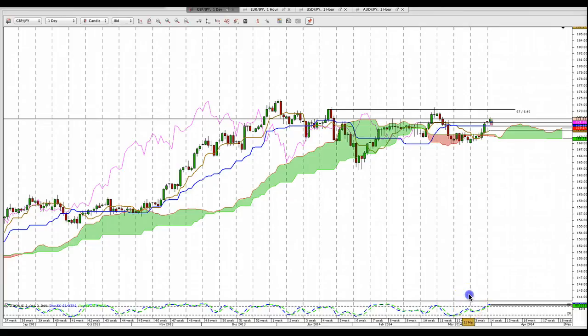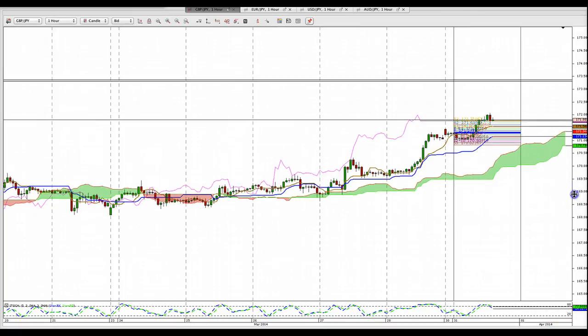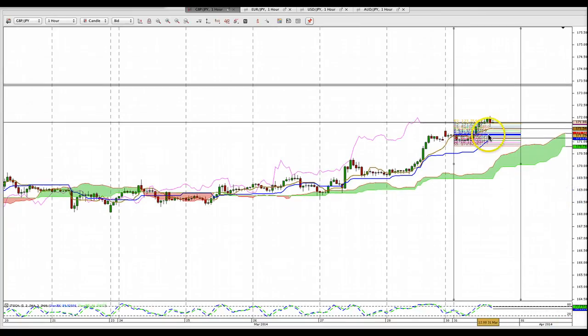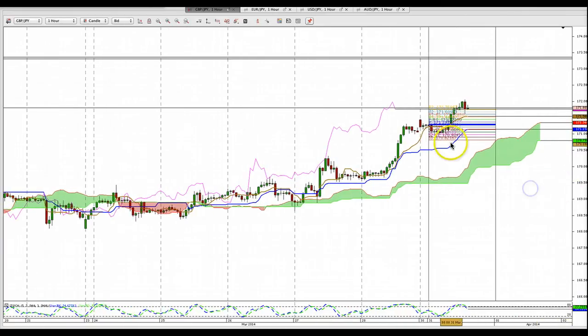Stochastics indicator is overbought. So that's how to read the Ichimoku indicator